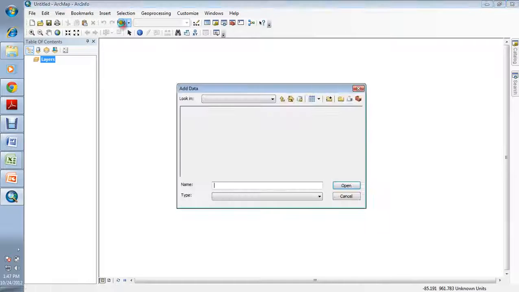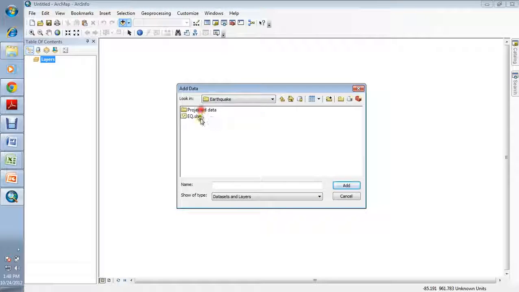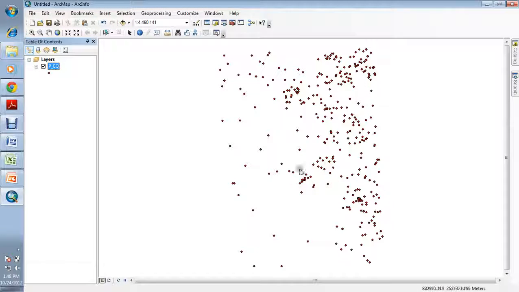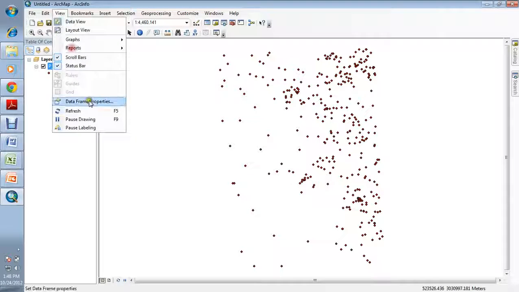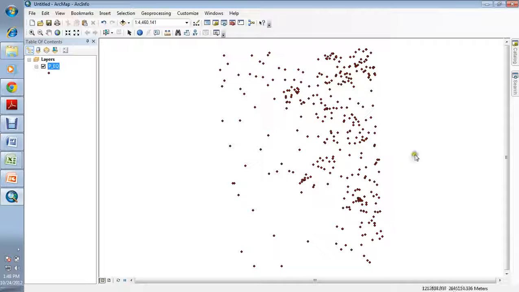So if you want to add this, it is on the desktop, in projected data. Yes, it is projected and it shows in meters. If you go to data frame properties, you will see that it shows both the geographic and projected coordinate system. We projected this data using UTM zone 45. So this is the way we can